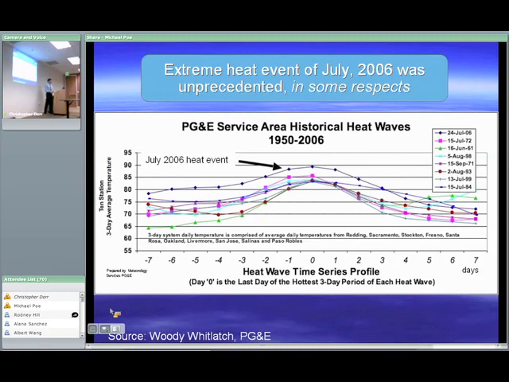Oh, I love this. This is the extreme heat event of July 2006. Well, this was interesting to me for a number of reasons. One is it was just a shocking experience on a personal level. The temperature in my house exceeded 113 degrees for 4 days in a row, and when I drove through the Central Valley, it was almost 120. It was just incredible to me. Nonetheless, that heat event, in terms of the daily highest temperatures, was not unprecedented. This slide is from a meteorologist at PG&E.